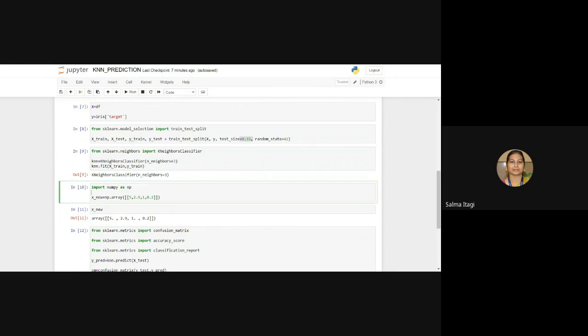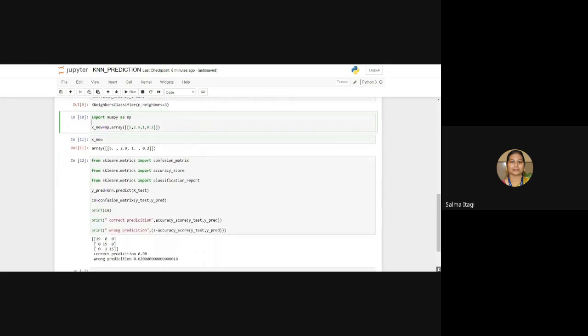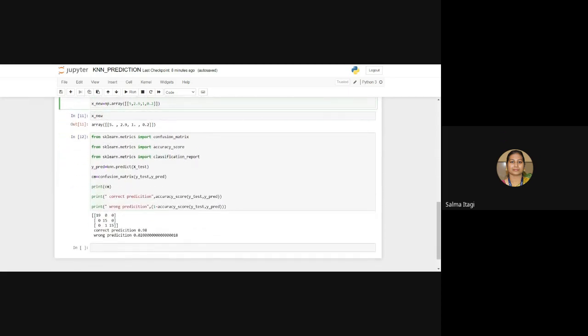For a new data point, if I have to predict to which class it belongs, as I've shown in the PPT with the black dot, it depends on the majority voting algorithm. The same is used here. The data point is 5 sepal length, 2.9 sepal width, 1 petal length, and 0.2 petal width. For predicting whether it is correct or wrong, we use the confusion matrix to see how many are correctly classified, belonging to the same class, and how many are misclassified.